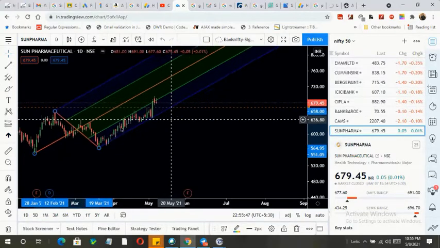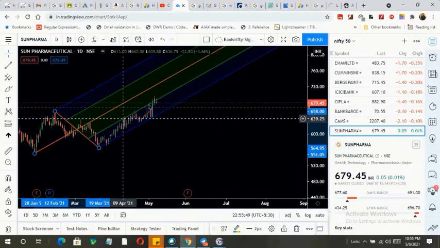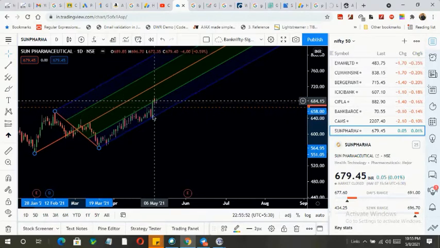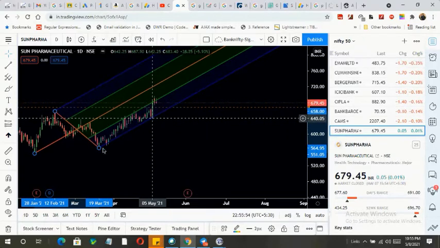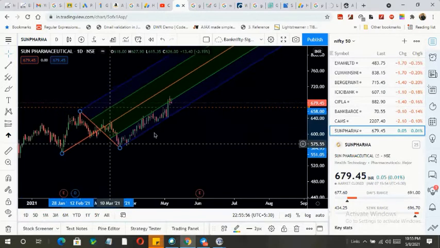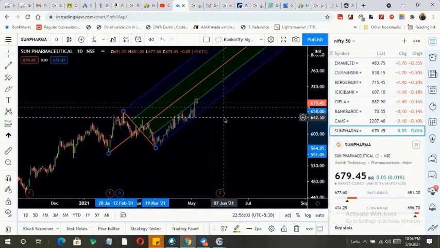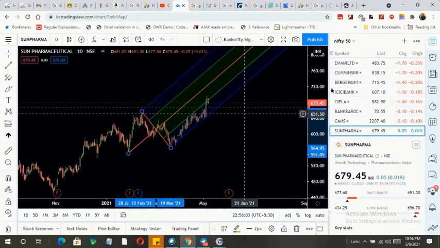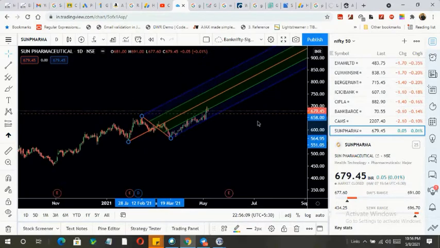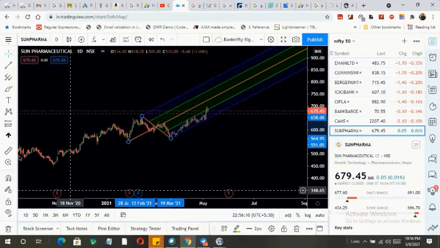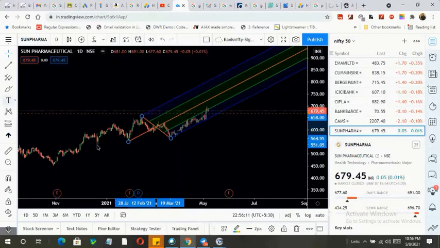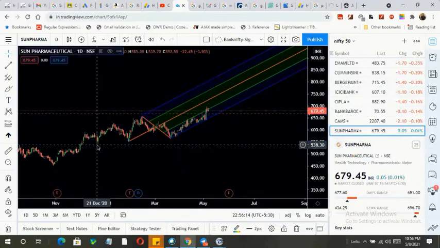If you see, you can get the exact resistance here, and the exact supports there. So what is the use of this tool? This tool is to identify where exactly the immediate support and immediate resistance are. On those areas you have to trade only. Okay, if you go to this previous swing low and swing high, click here,